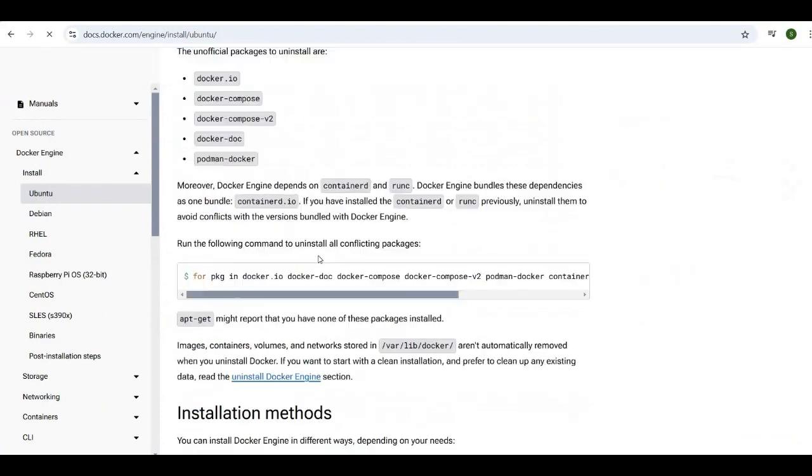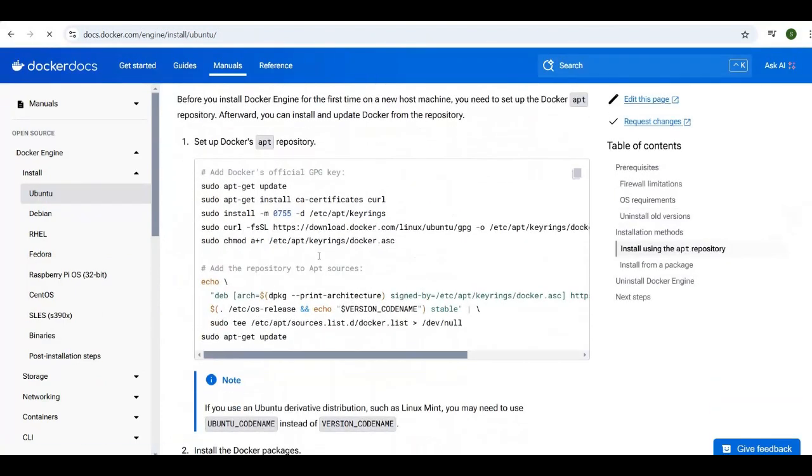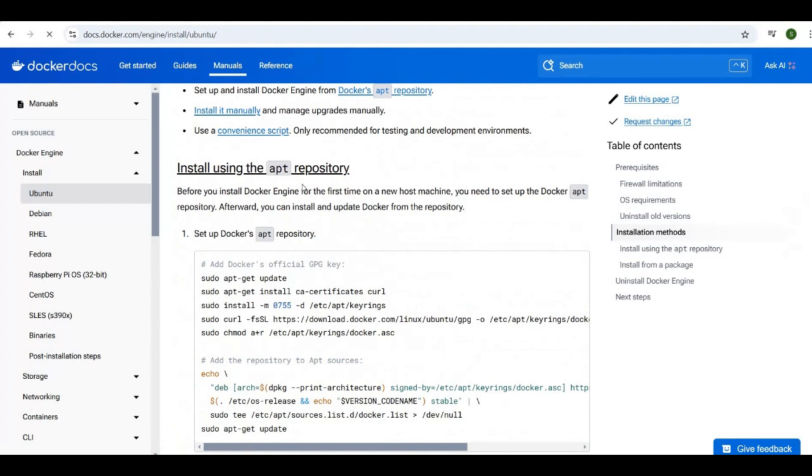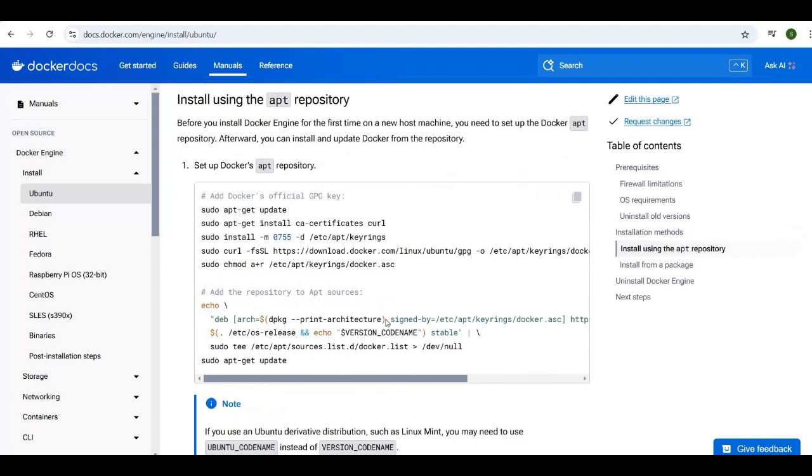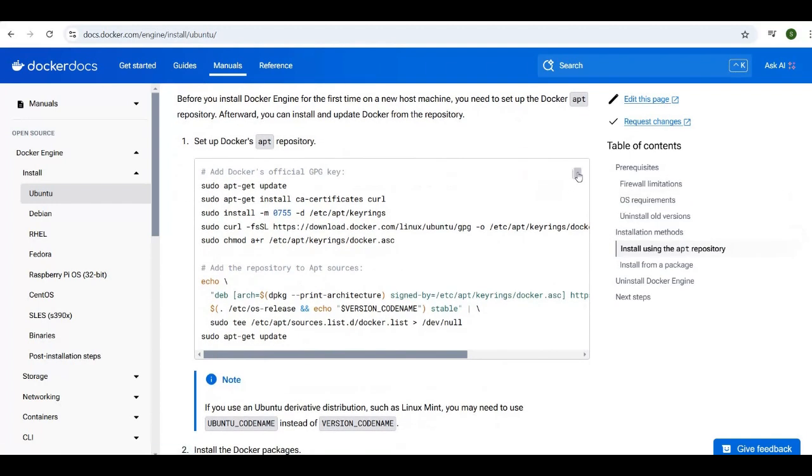Here, scroll down. First we need to install using the apt repository. Before you install Docker engine for the first time on a new host machine, you need to set up the Docker apt repository. So here, copy this,